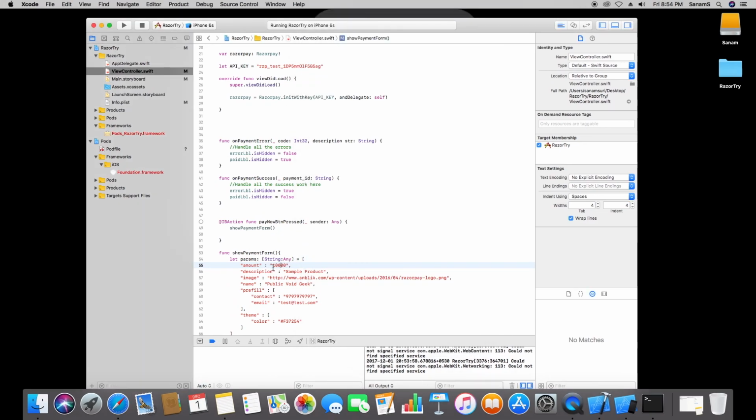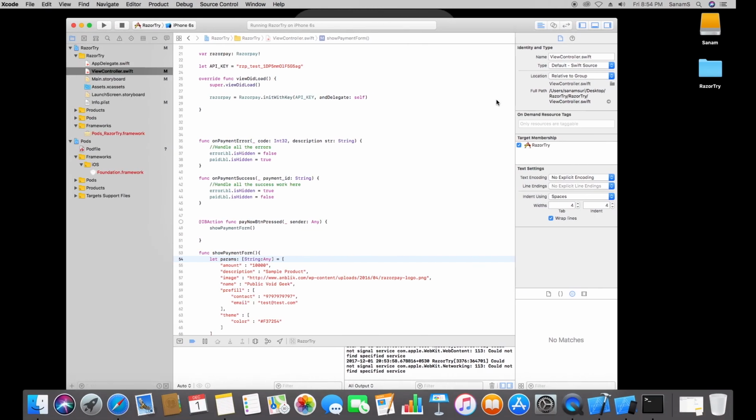Just need to make sure that the amount has to be in paise. So if you have a 500 rupees product coming from the API or your database, if the product value is 500, whenever you want to pass it to the amount, just multiply it with 100, right? So it's gonna convert it into paise. And then another thing is